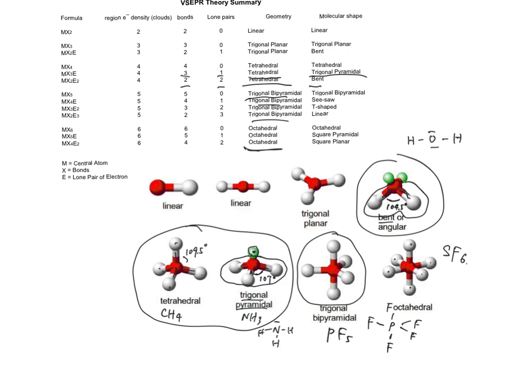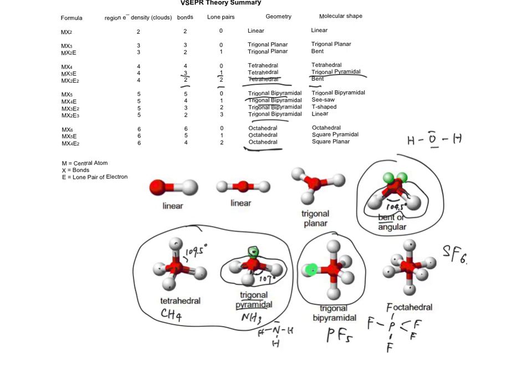Now, if you're wondering, what about trigonal bipyramidal or octahedral geometry? What happens when you have lone pairs in there? Well, for trigonal bipyramidal geometry, when you have all 5 bonds like PF5, you would have trigonal bipyramidal geometry and trigonal bipyramidal shape. If you're only having 4 bonds and 1 lone pair in your 5 electron clouds, then